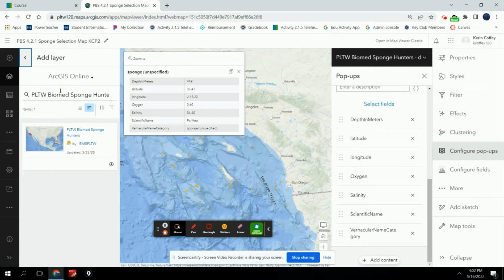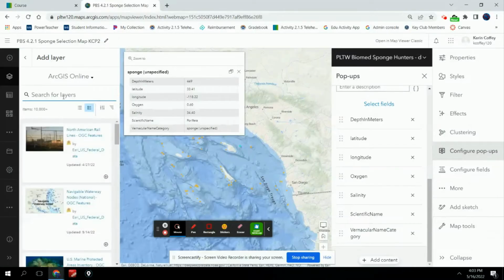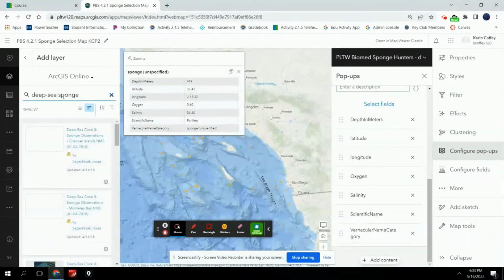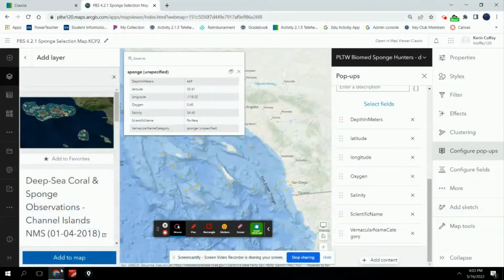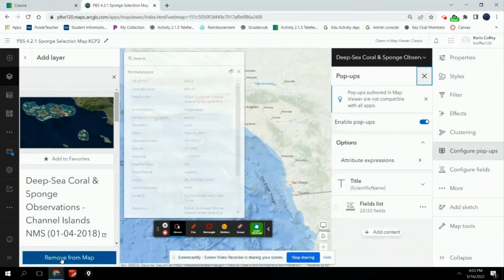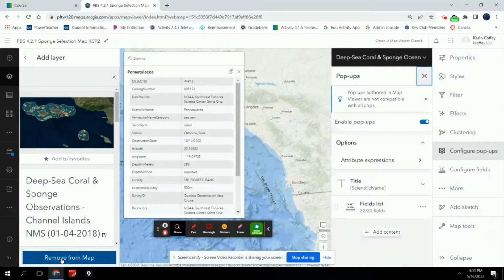Control-C. So in the search, I'm going to get rid of this one. I'm going to search for layers deep sea sponges. And this one looks pretty good, and it's from NOAA, which is a reputable source. So maybe I want to add this one to my map, and I can add it to the map, and this is just an additional layer. All right, if I change my mind, I can just remove it from the map